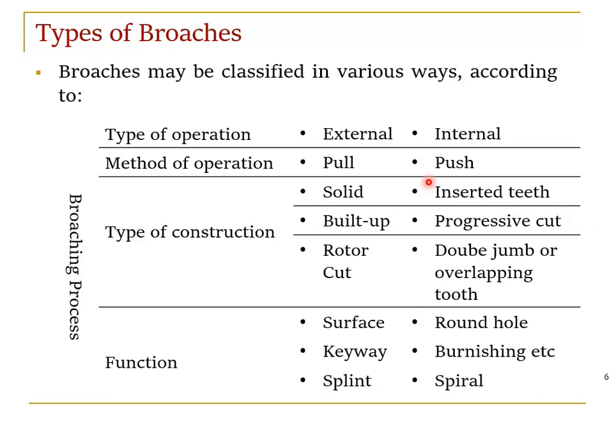Based on operation, we have two types. One is external, another one is internal. As I said earlier, broaching is not only used for internal work. We don't use it only to enlarge holes. We can also cut a slot or keyway, and for keyways we can use it externally as well. If we use broaching to machine an external surface, we say the type of operation is external. If we do it on an internal surface, we say internal. So based on the operation we have two types, external as well as internal.